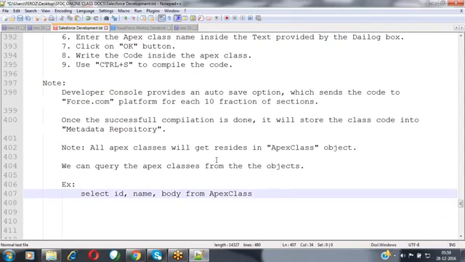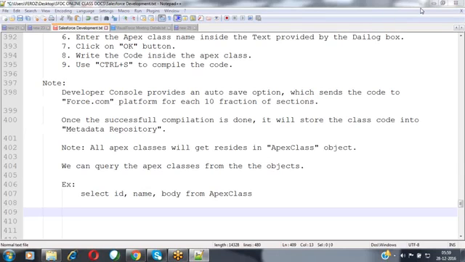Now, if you want to query only that organization information, for every Salesforce instance, Salesforce is going to be creating so many organizations for you. If you want to query the organization information, at that time we have to use an object called the Organization object. Inside this Organization object, we can make a query and fetch whatever information you require.